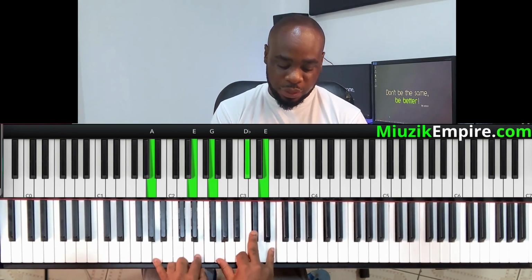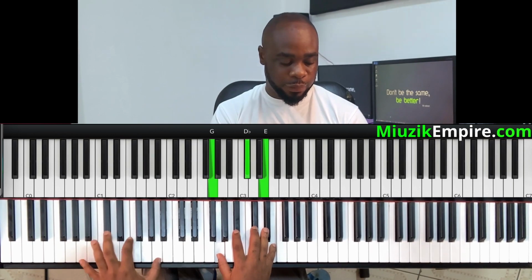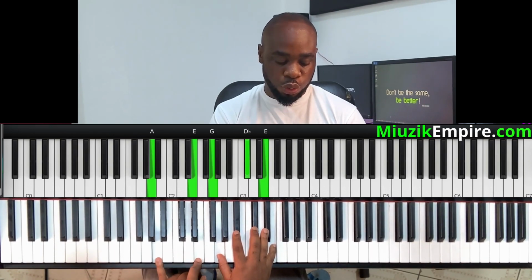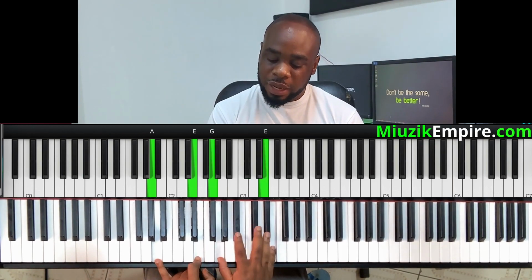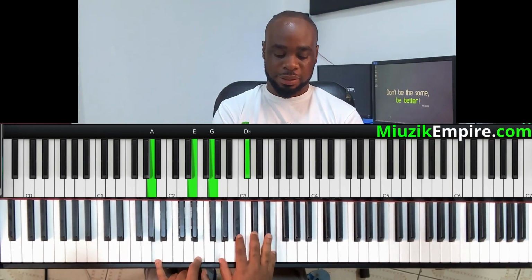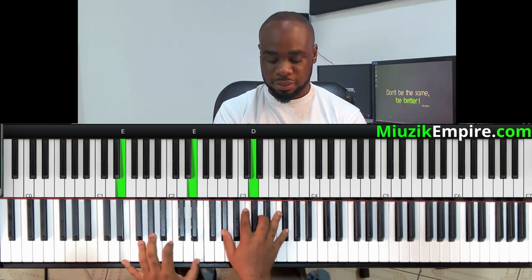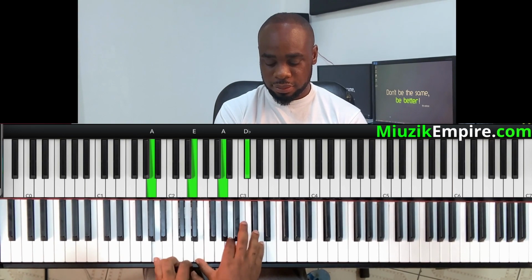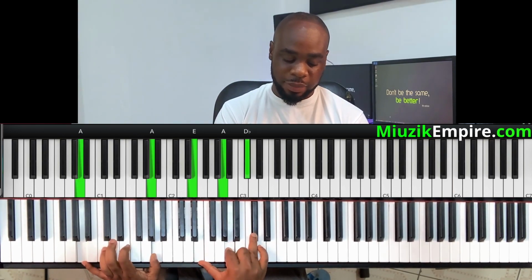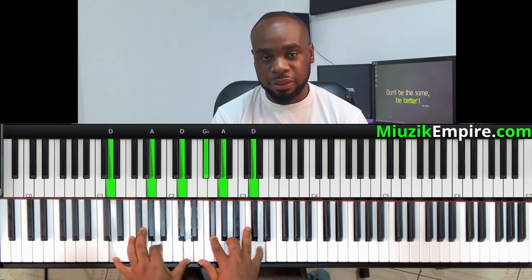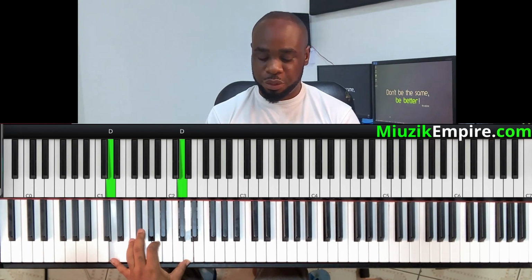So on the 5, I have the 5 and the 2, or the So and the Re on my left hand, and I have the Fa, Ti, Re on my right hand. So let's combine everything together. And then I came to play the original 5, which is the A chord, right? A major chord. Back to the 1 again. And so from here we go to Tisewo Yesu Christo, which is